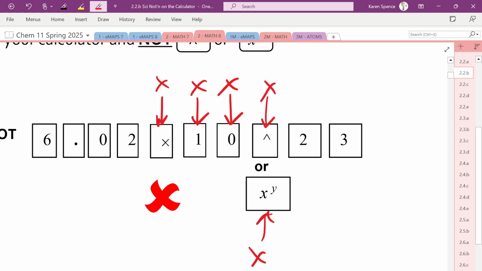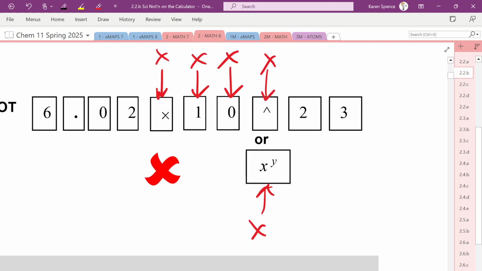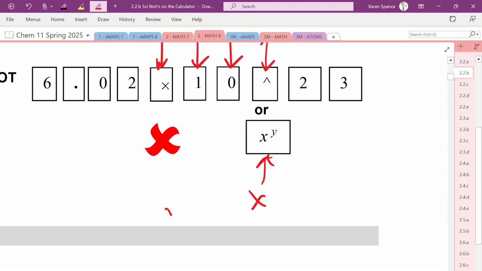No, no. You're not going to type times 10 to the x, 23. No, no. I'm trying to save you from calculator errors later, because what your calculator will do, if you